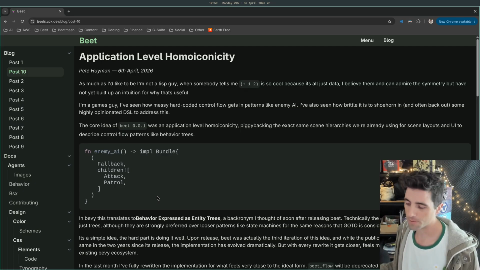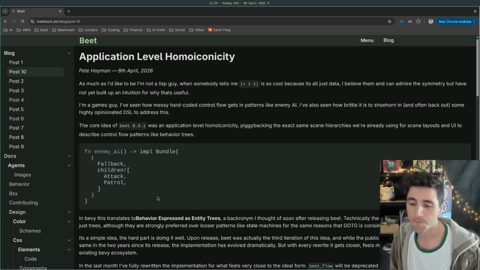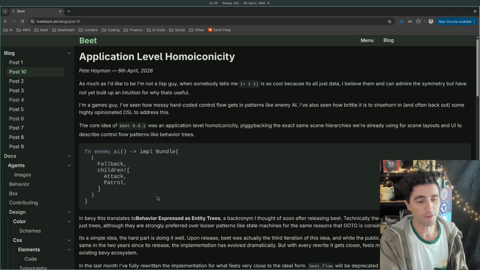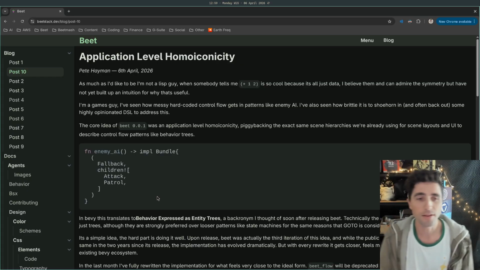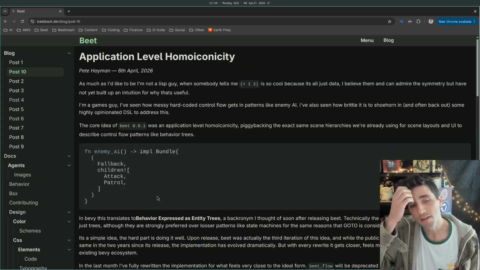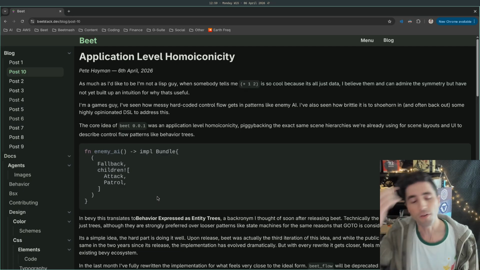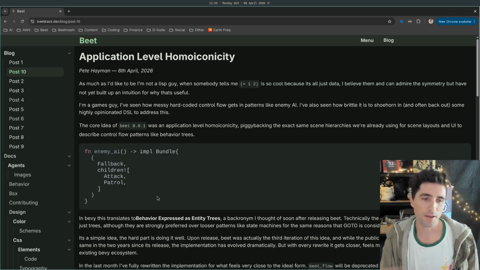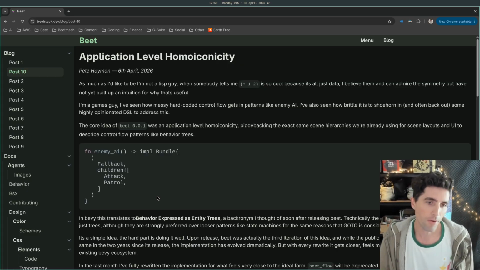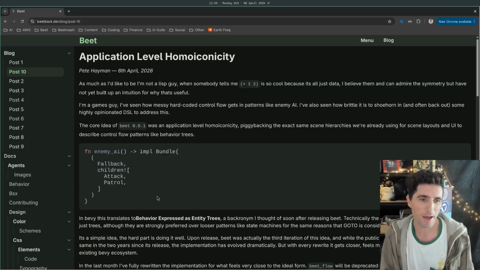As a concrete example, you have the scene format. You can use that for a game scene, for characters, and also for UI layouts. And what Beat does is it uses that same format to encode behavior patterns, control flow, things like behavior trees, state machines. Those are very general structures as well. They're popular for AI, but really you can describe a call stack as a behavior tree. It's like going in, popping out, that sort of thing. So it's like a Turing complete kind of pattern.